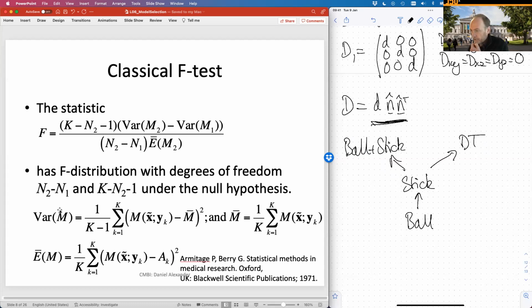And then we compute this number here, the variance of the model. That's just the values of those predicted measurements minus their mean, sum of squares of those. So that gives us the variance of the model itself. We take the difference of those and divide by the mean squared error of the more complex model to the set of measurements. There are a couple of weightings in there. The K is just the number of measurements, and the N's are the numbers of parameters of the more complex and the simple model. So we compute this statistic F, and then under the null hypothesis,